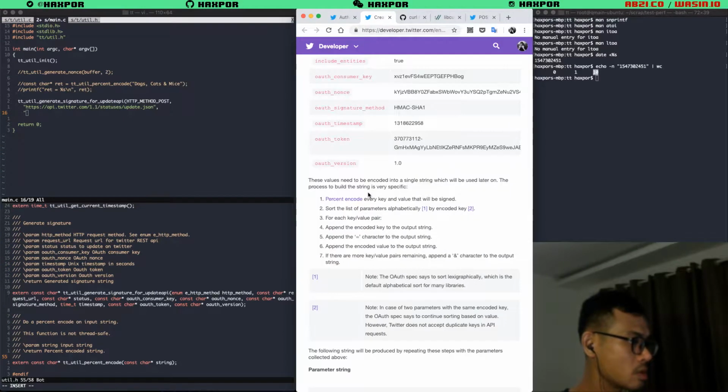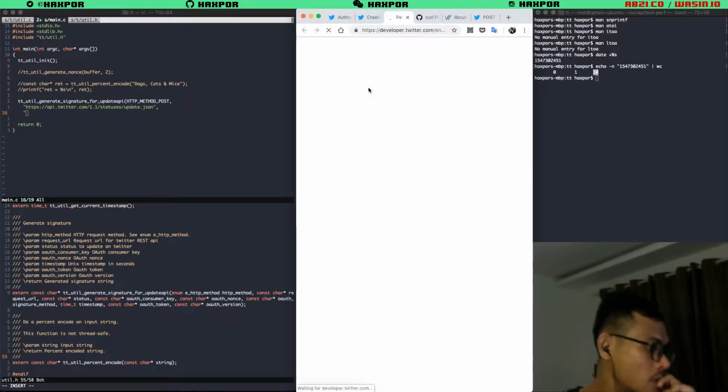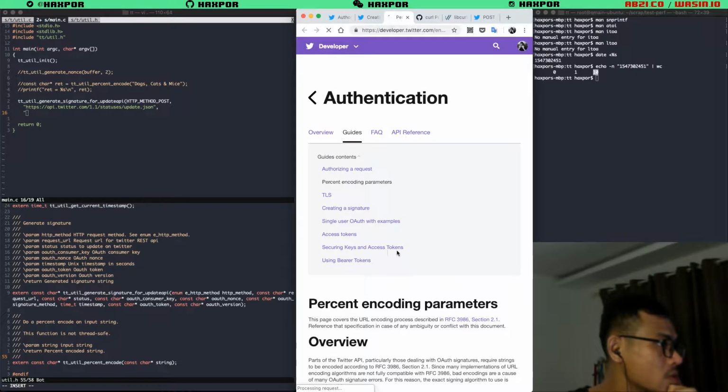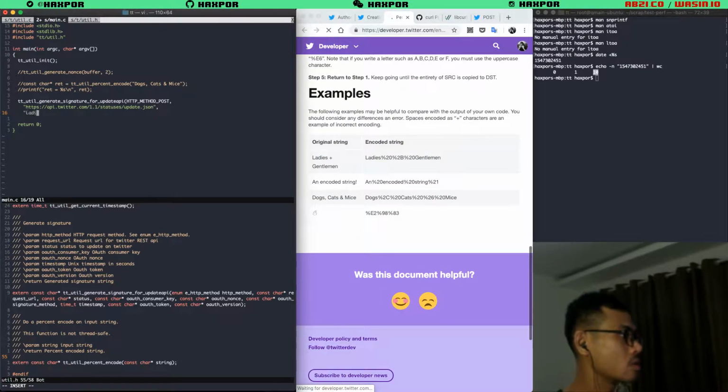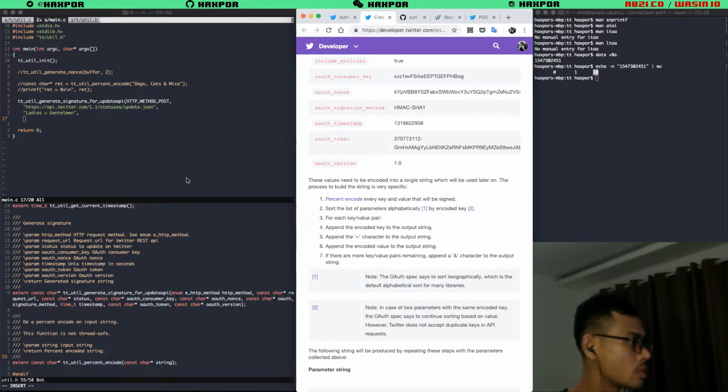Yeah, we're going to use the same. Where is percent encode here? Going to use the same status text, so we can check it back later. For example, use ladies and let's go back. For our consumer key, for OAuth consumer key and